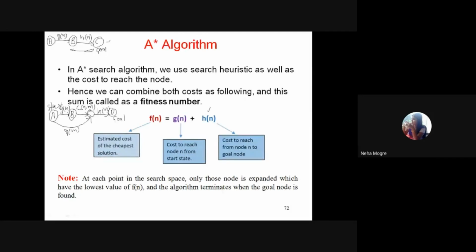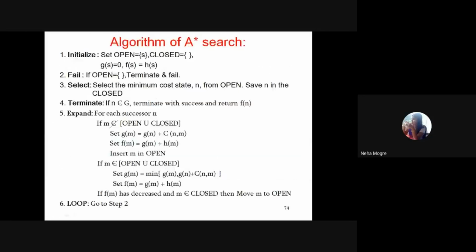Because from A to B we have some cost value, maybe 2, maybe 3, something like that. On the edge we are given some value, right? But from the same node to the same node, we don't have any cost value. For example, from Nagpur to Nagpur, we don't have any cost value. If we want to move from Nagpur to Mumbai, from Nagpur to Nagpur there will be no cost value. Getting my point? Yes, ma'am. So that is why g of s is 0.